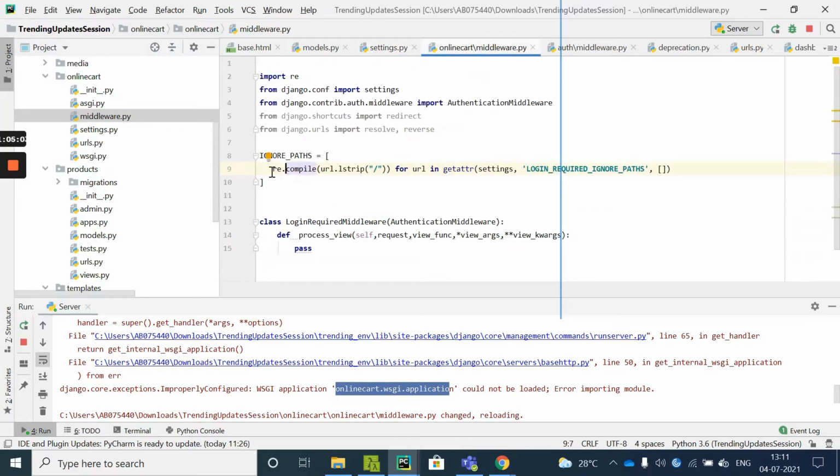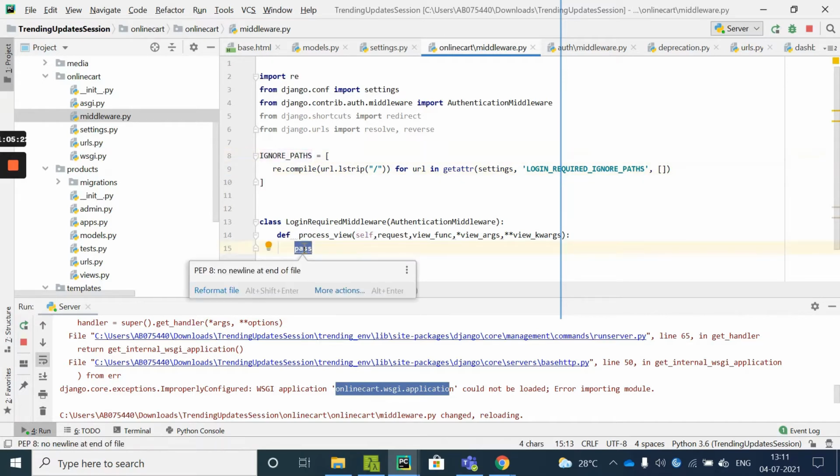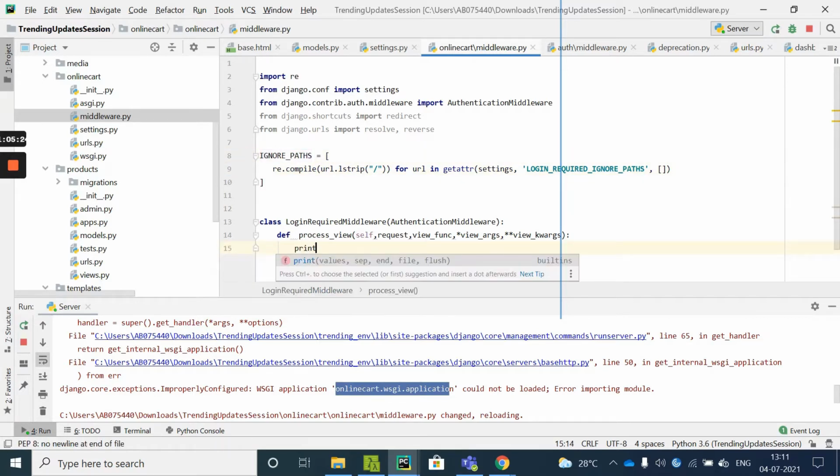This is the concept of list comprehension, and for every URL, it is stripping the left forward slash. So what will our ignore paths look like? Inside the process view, I am going to print the ignore paths.